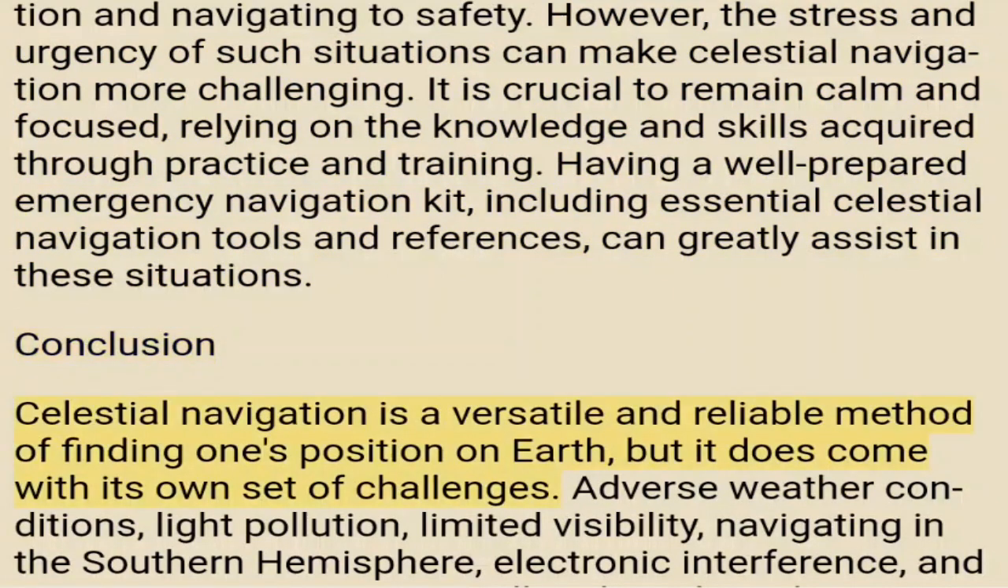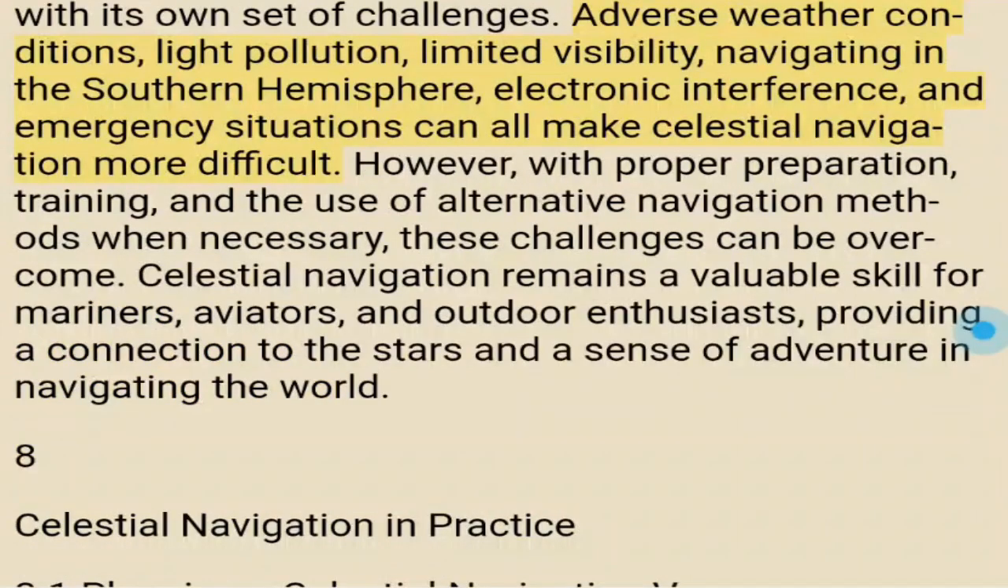Conclusion. Celestial navigation is a versatile and reliable method of finding one's position on Earth, but it does come with its own set of challenges. Adverse weather conditions, light pollution, limited visibility, navigating in the Southern Hemisphere, electronic interference, and emergency situations can all make celestial navigation more difficult. However, with proper preparation, training, and the use of alternative navigation methods when necessary, these challenges